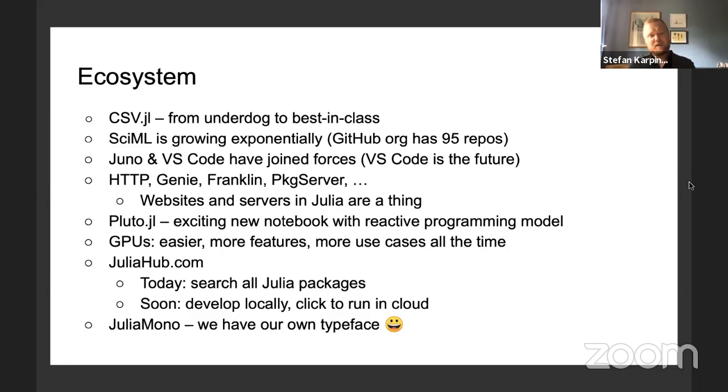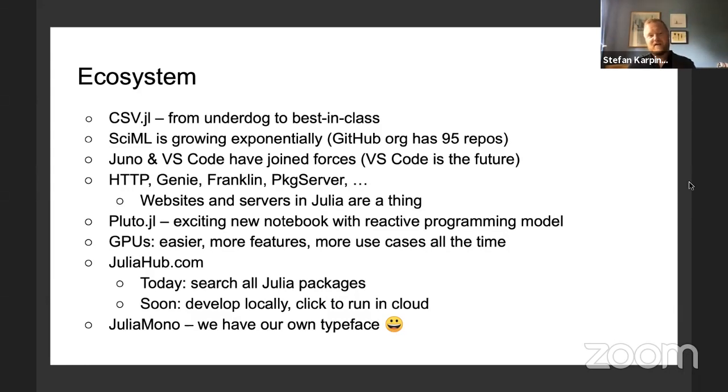The GPU system has gotten more and more robust and mature. I think one of the big developments there is that now you can install the GPU drivers more easily in Julia than anywhere else, because it uses that whole artifact system. So now you can just install CUDA packages and you have a working GPU driver immediately, which is kind of mind blowing, honestly.